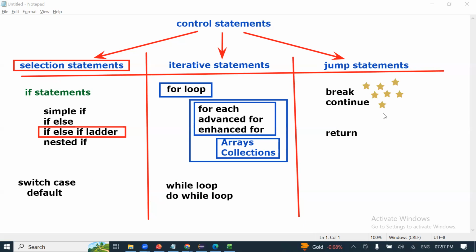Most important. Then they will ask when you will use normal for loop and when you will use advanced for loop. They may also ask the difference between while loop and do while. Next most important. And they may ask what is nested for loop, nested if.